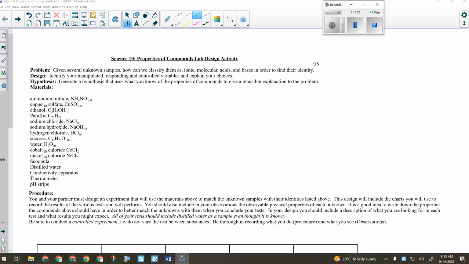Like how fast it dissolves, the solubility. The solubility test, absolutely. It would be important for me to make sure that the samples and the environment stay at a consistent temperature so it doesn't throw off the solubility test. Yeah, and it could, I mean, probably in the range of temperatures that could be possible in that room,